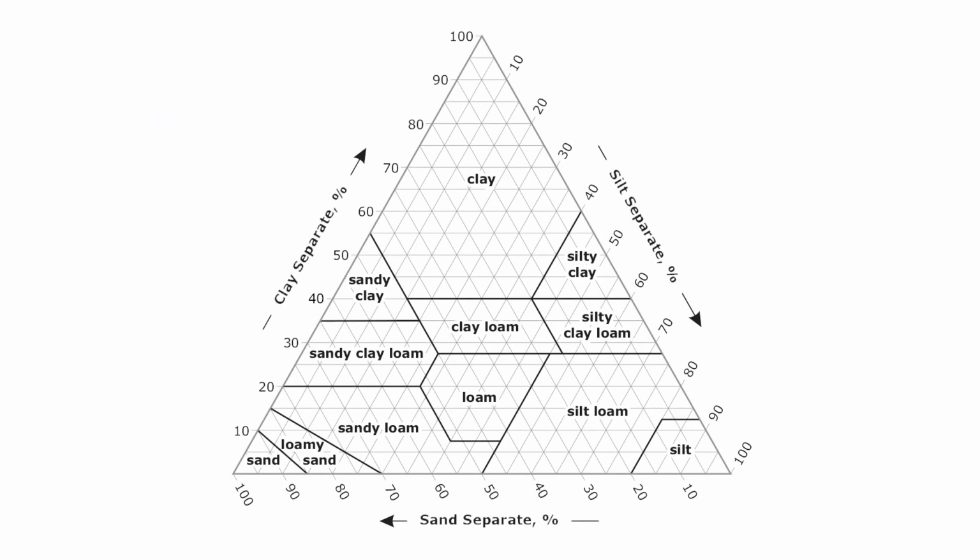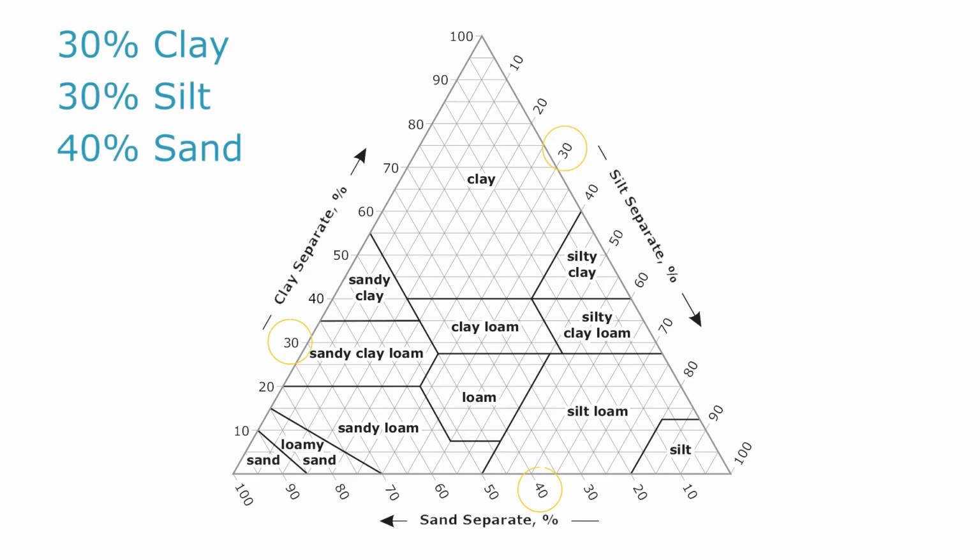Different combinations of grain sizes have different names. The textural triangle is a tool used to determine a texture class based on the percentages of sand, silt, and clay. To use it, start with a percentage of clay and follow the horizontal line from the left side of the triangle to the right. Then, find the percentage of silt and follow the diagonal line down until it meets the horizontal line. Or, you can use the percentage of sand and follow it up until it meets the horizontal clay line. So if we had a soil with 30% clay, 30% silt, and 40% sand, we would start at 30 on the clay line and follow it until we hit the diagonal line coming down from 30 on the silt line. This would be a clay loam.